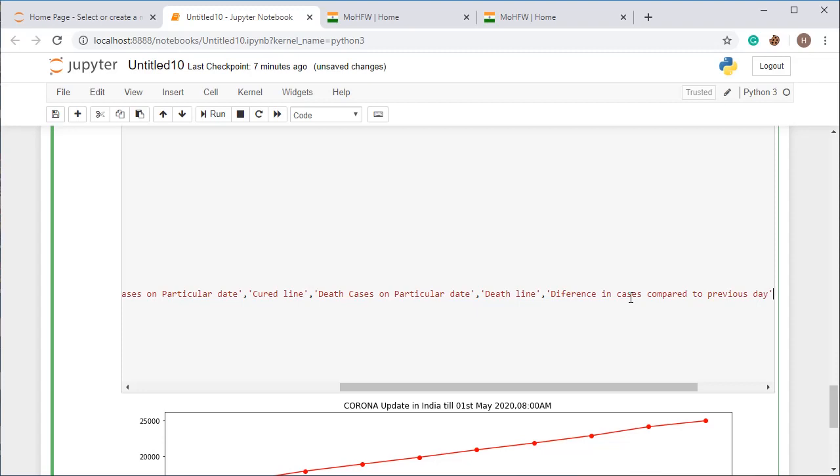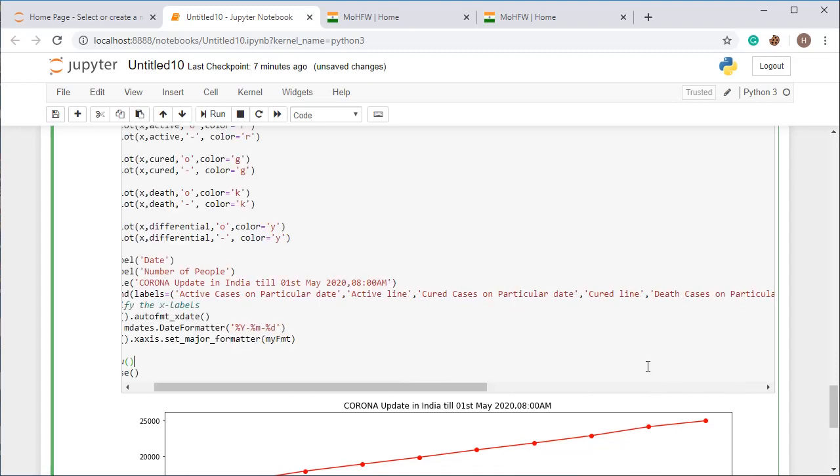All right. And put here another one, that one is difference line. This one will actually add the things.